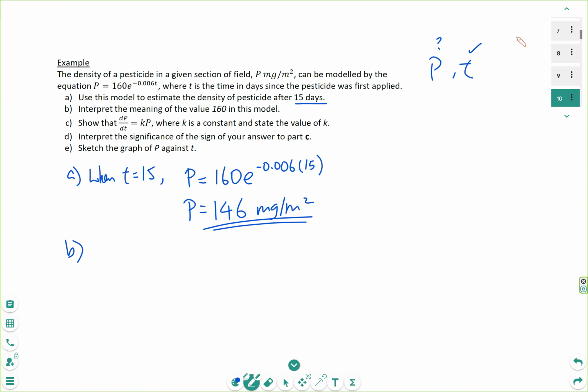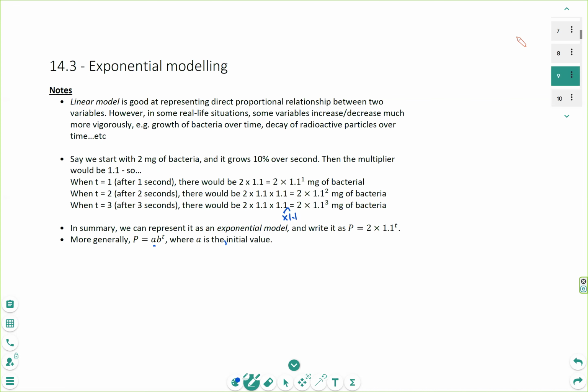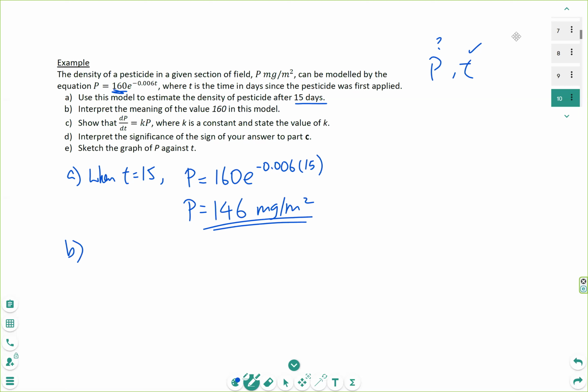Question B, interpret the meaning of 160. So if you compare this 160, this is the value of A, like the previous one here, and which represents the initial value. Now, why is it the initial value? Because when t is 0, okay, so now this is not required in the answer. When t is 0, we know P equals 160 e to the power of negative 0.006 times 0, which gives us 160. That's why when P is 160,